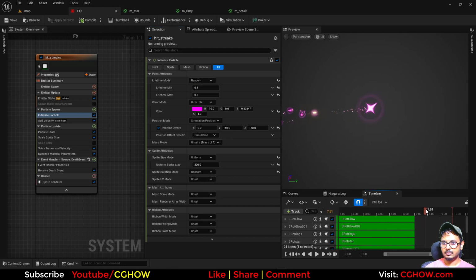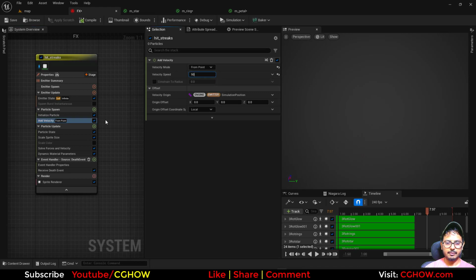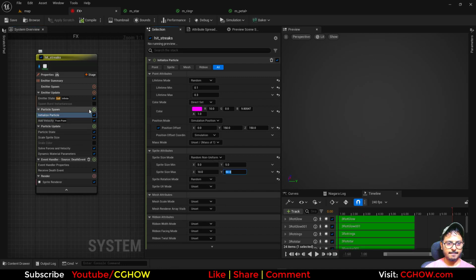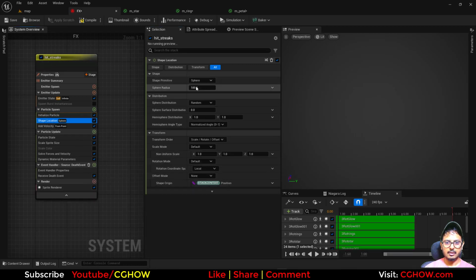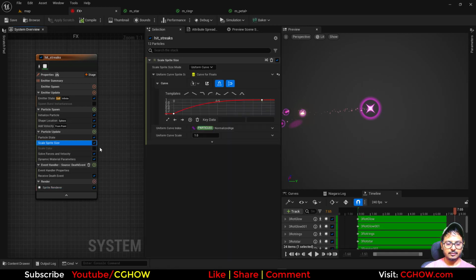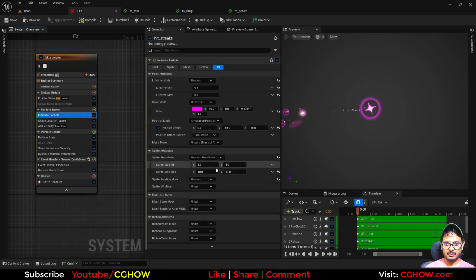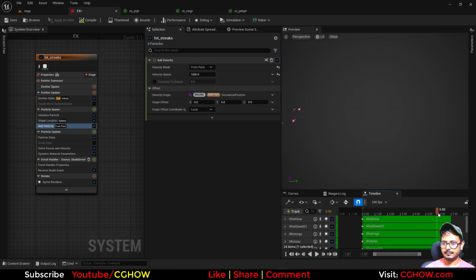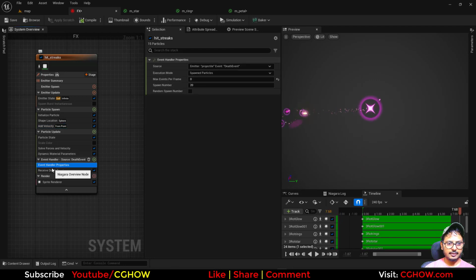So I will just isolate this. We have still star. So increase the velocity maybe 500 or 1000 and the size should be this. Okay. And there should also be shape location, maybe 5 radius. So it will not be visible. We have those, but very fast. And so I will delete this size thing and it should be like 20, 10, and the velocity maybe, oh, this is 10,000 accidentally. Yeah. And in event,